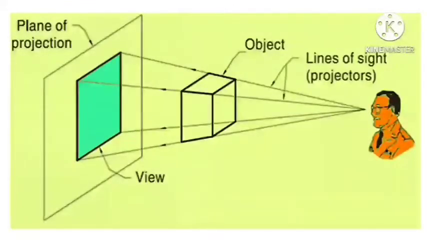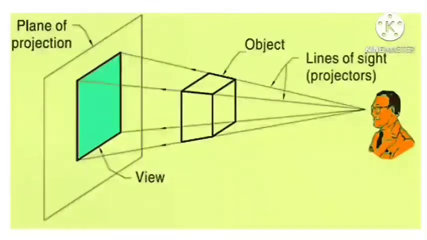For instance, assume that you replace that person with a light source. And if you place an object in front of the light source, what will happen? The shadow of that object will fall. So if there is a vertical wall, the shadow will fall on the vertical wall. Whether the size of the shadow will be the same as the size of the object, or the size of the shadow will be smaller, or else I will put my question this way: can the size of the shadow be smaller than the size of the object?